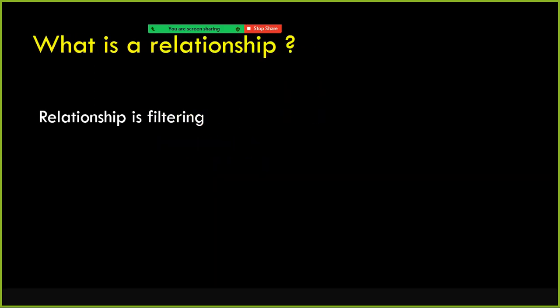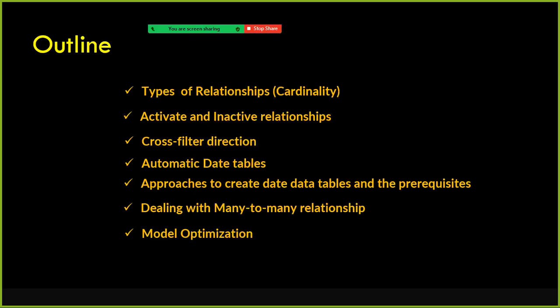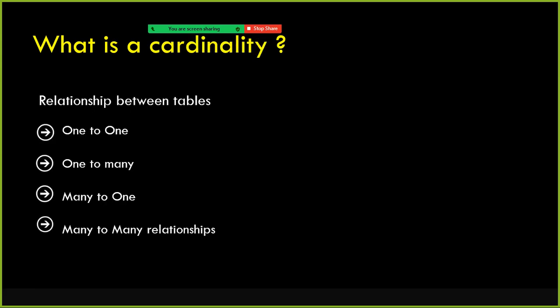So now we will understand, so far we understood, right? I discussed relationships. Relationship is nothing but filtering when it comes to Power BI. There are different types of relationships: one-to-one, one-to-many, many-to-one, and the last one is many-to-many. The example for one-to-one is a CEO can have only one office, and an office can have only one CEO. One-to-many is a customer can order more than one product. A product can be purchased by many customers, and many-to-one is